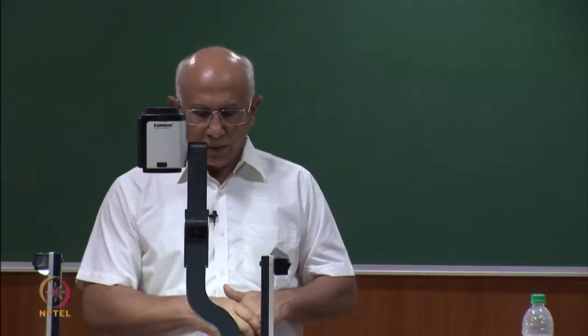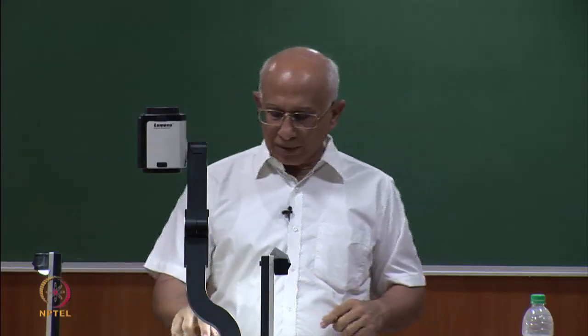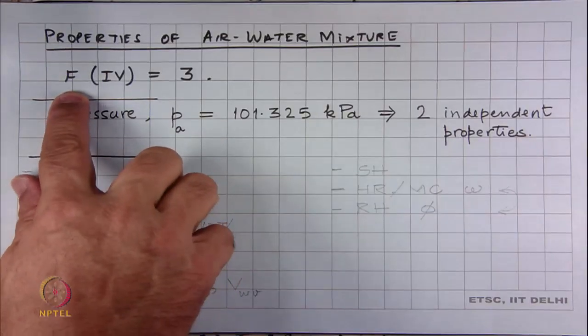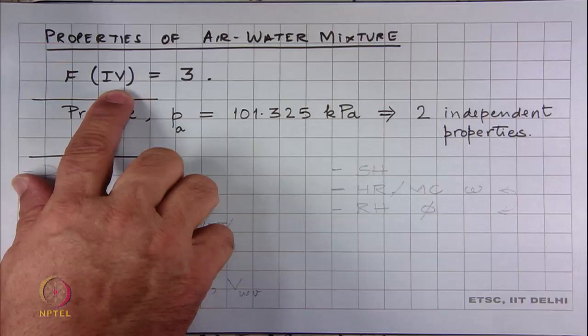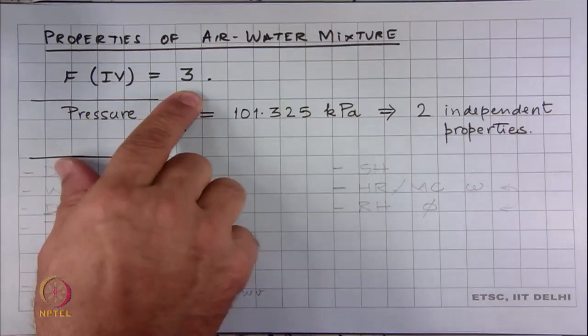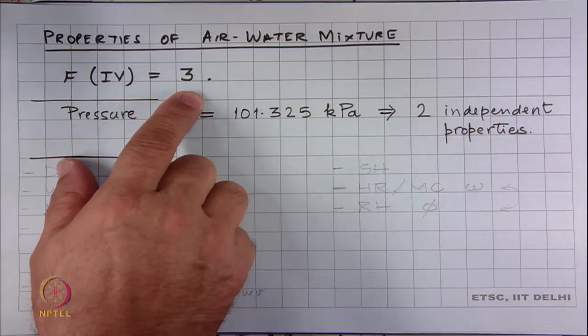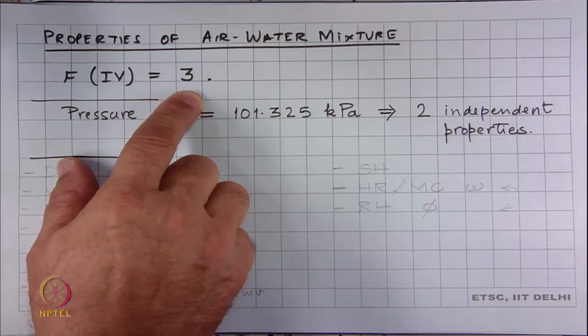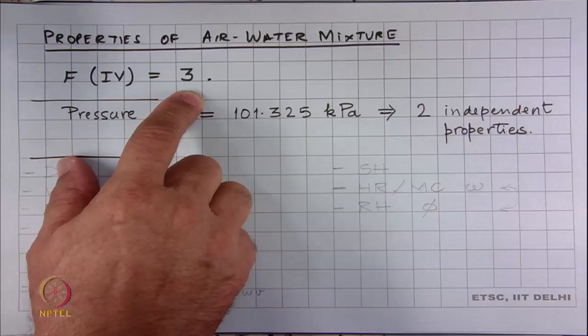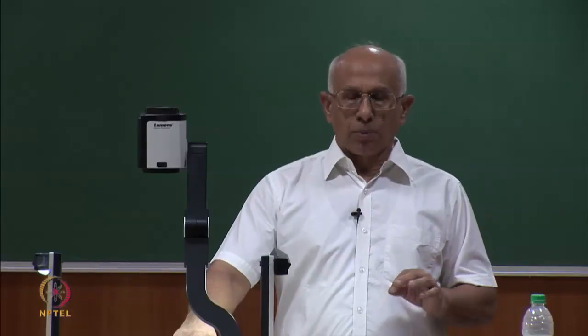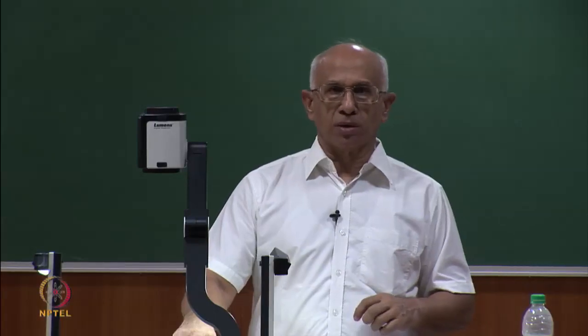In an earlier lecture, we had come across an expression for the number of degrees of freedom of a system, which we may also call the number of independent variables. And we saw that for an air water mixture, this value is 3. This tells us that we need 3 independent properties to fully specify the state of an air water mixture. Now, the question that we are posing is, which are these 3 properties, and if there are other combinations of any 3 properties, which one is the more preferred one used by practicing engineers.